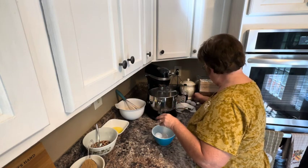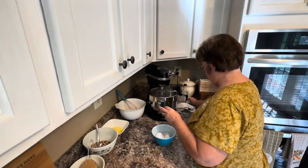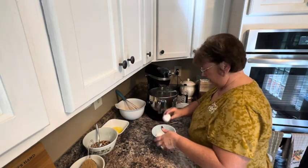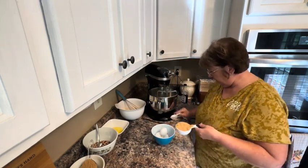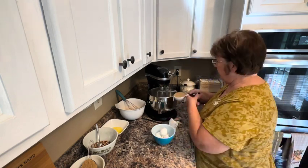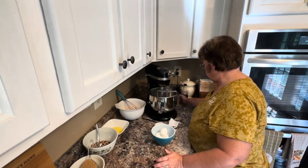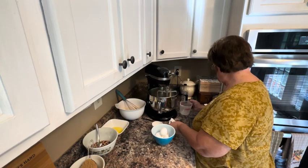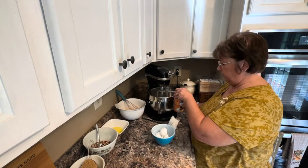1, 2, 3, and 4. Okay. I have some brown sugar that I'm going to put into my mix as well. I have a 1/2 cup of brown sugar and 2/3 cup of vegetable oil, a 15-ounce can of pumpkin puree,